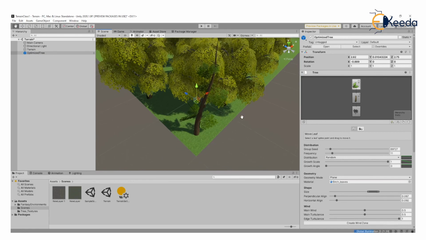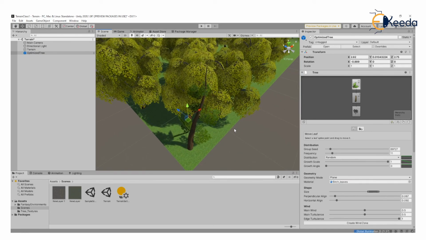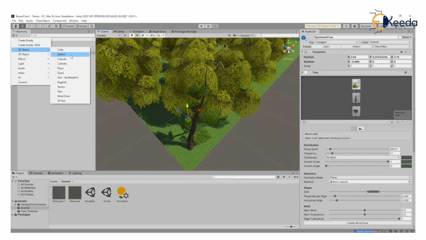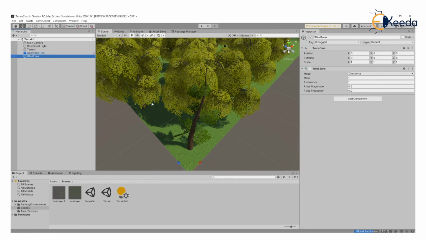Think about it, you have various kinds of trees. Now you want them to sway because of the wind. You want that realism or that effect to come into the picture. So that's the reason you create a wind zone, to create that wind that is moving the trees and so on. So now let's create that wind zone. Again, we click in the hierarchy menu, 3D object. You see the wind zone over here. The wind zone option will be created.